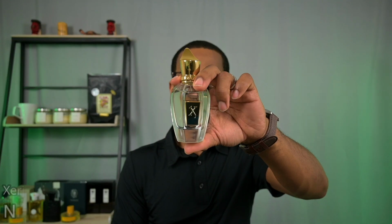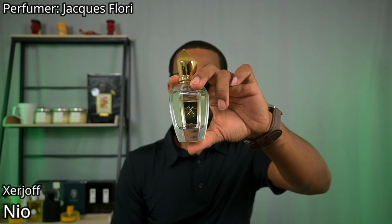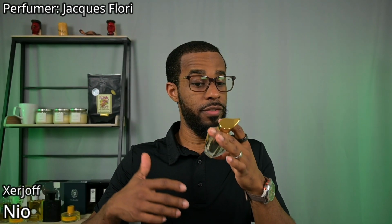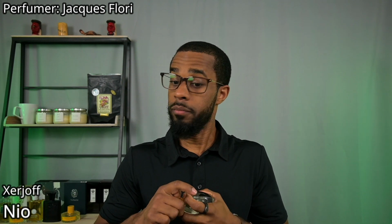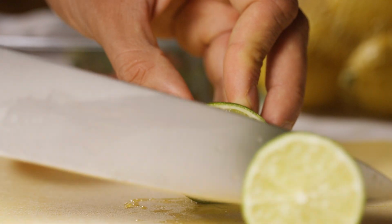All right, next one's coming from the House of Xerjoff. This is Neo. Xerjoff's Neo. So this fragrance is known as being a very nice freshie, and it certainly is. It's mostly known for that citrus opening that the fragrance has, but there are green facets to this fragrance. I find it to be very fresh and clean and green,